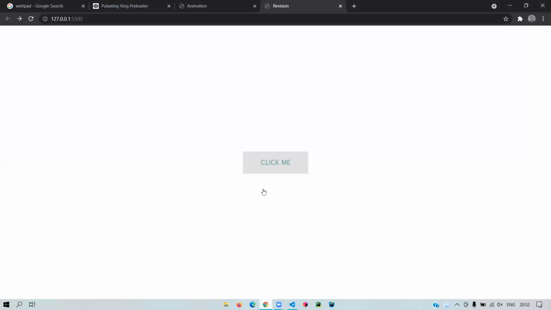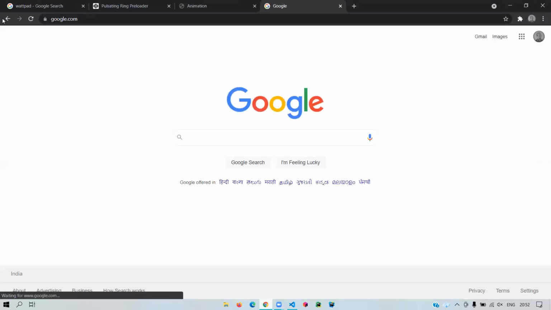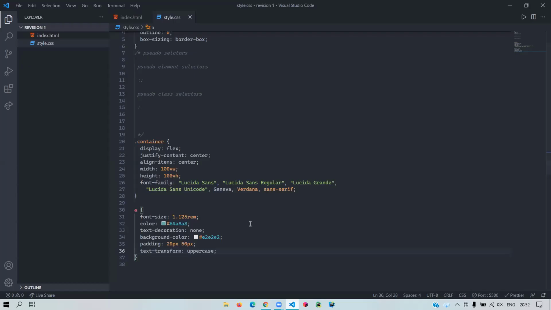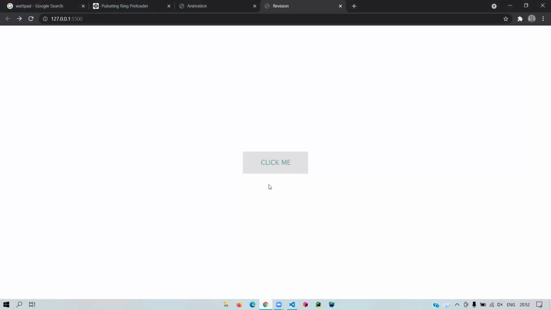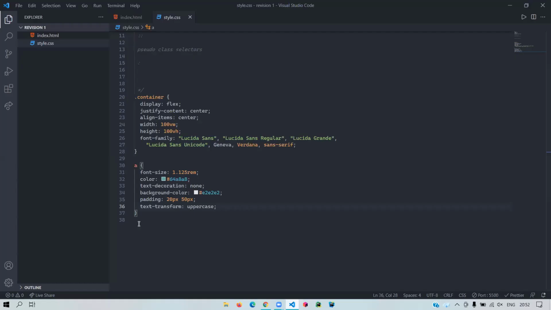So this is a button, and if I click it, I get redirected to this place. Now, there are certain buttons, right? When you hover them, you can see how the button undergoes a change. So let's say you want to apply this to a button. You can use a pseudo class selector, which goes by this.